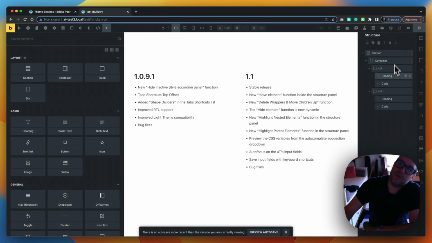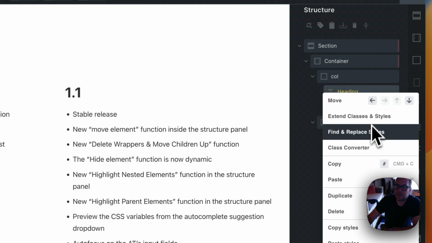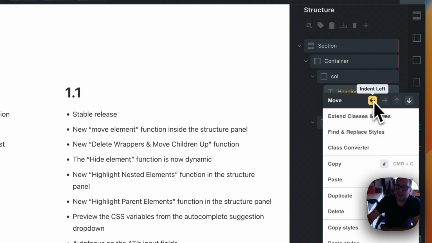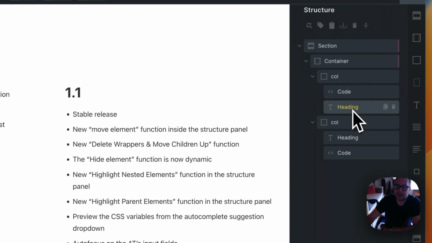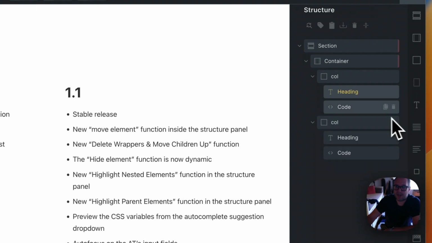Okay, so now if you open the contextual menu in the structure panel, so right click on your mouse, you'll see a new option which is move, and there are arrows that you can click on, and it will move the element inside the structure panel. So if I want to move down this element without dragging, I will click on it, and as you see, the heading is now at the bottom of the code. If I click again on it, the bottom is disabled. You can go down more, but you can go up, and if you click up, it will go up